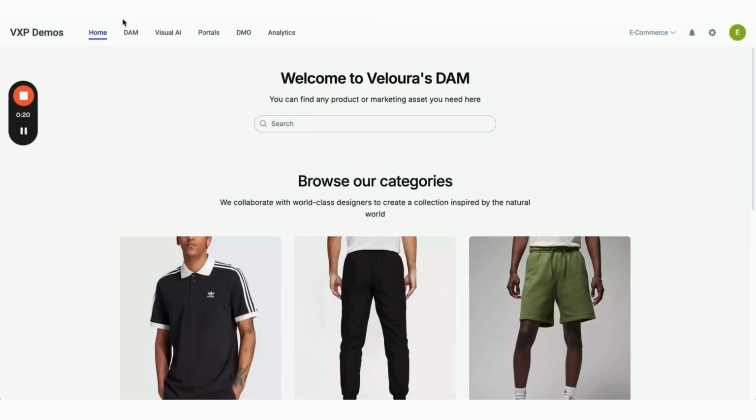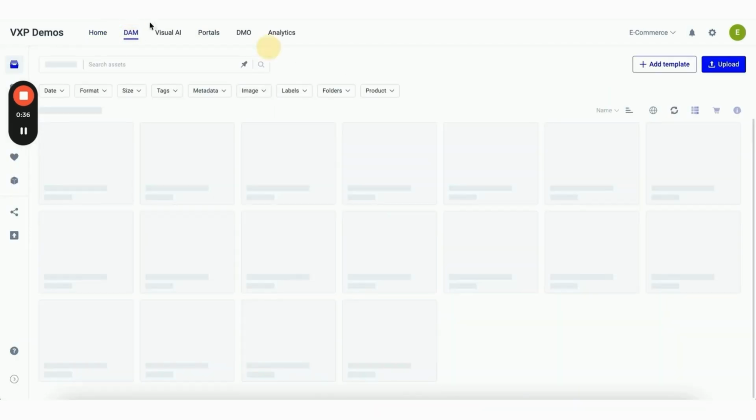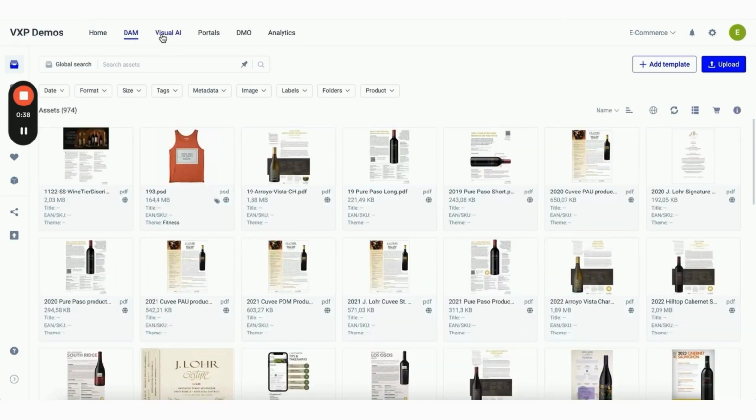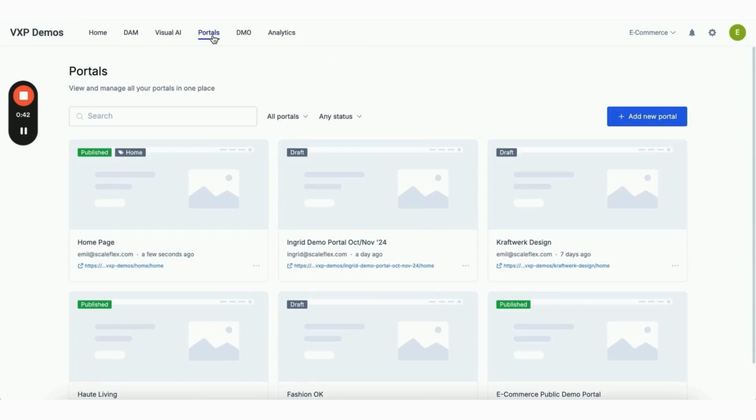And the idea of the VXP Hub is to have our 4 products, DAM, VisualAI, Portals, and DMO into one single web application. So you're going to see here something you're familiar with, which is the DAM. You have Portals. This is something that has been here for a few months now as well, but there are